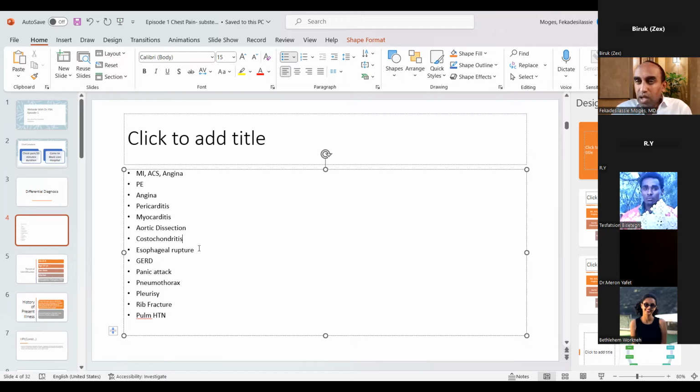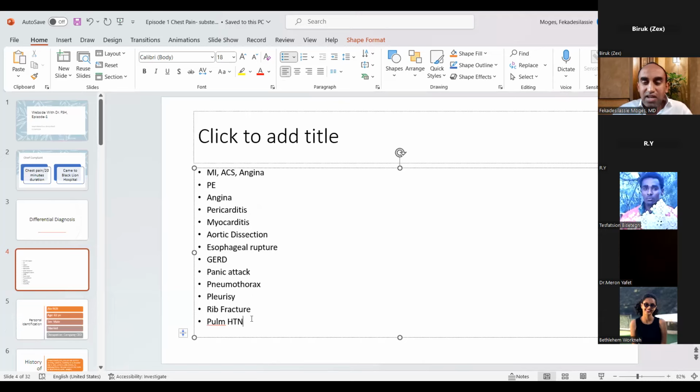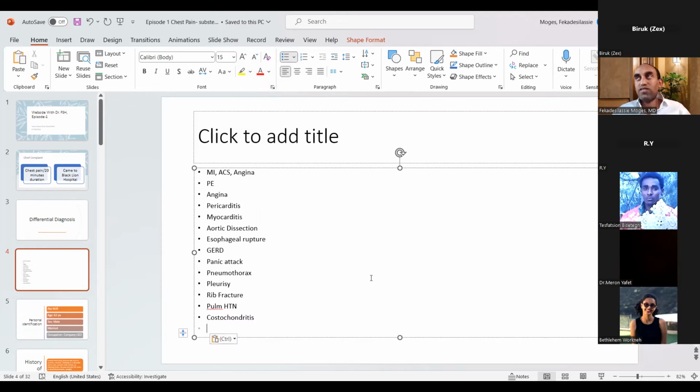Most probably, even if you still want to keep it as a part of a differential diagnosis, it's not going to sit up here. We'll definitely take it out of this position, at least cut it out, and I'll put it down as the least likely differential diagnosis. It's substernal most of the time. Costochondral, as the name entails, happens at the junction between the ribs and the cartilage, right? So that's maybe paramedian. The acuteness wouldn't be as acute as this patient's presentation, prompting the patient to come to the emergency department right away. Less likely, right? But we keep it down there.